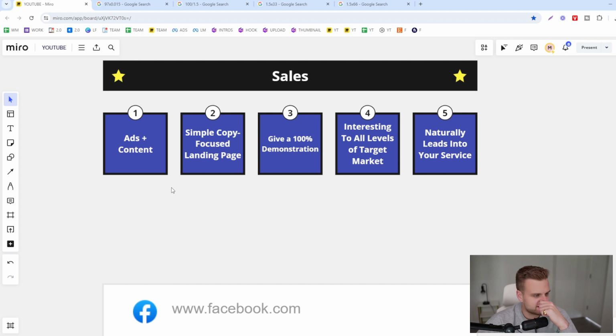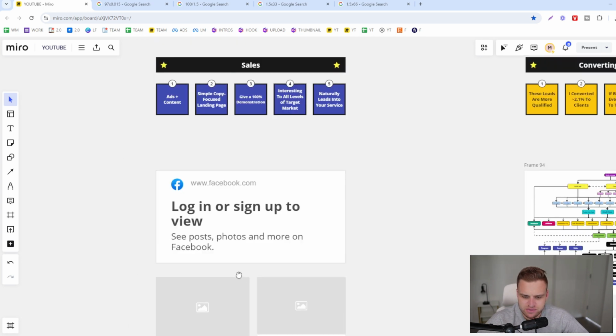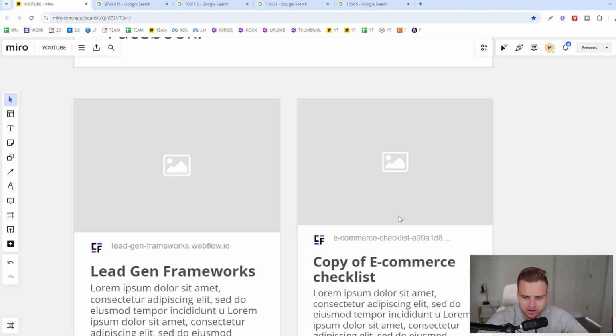So you're going to be doing this basically through ads and through content. Content will be easier to sell and it's free. Ads are going to be way more volume, way more scale, but it's going to be paid, of course. So what you want to do is a couple of things. The first thing you want to do, and what I did